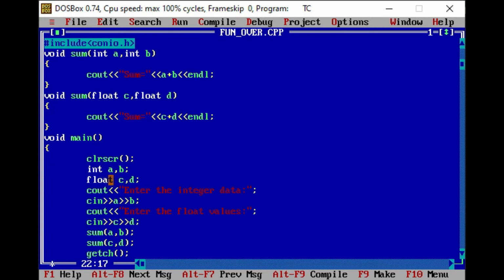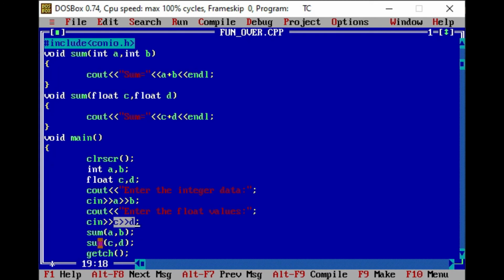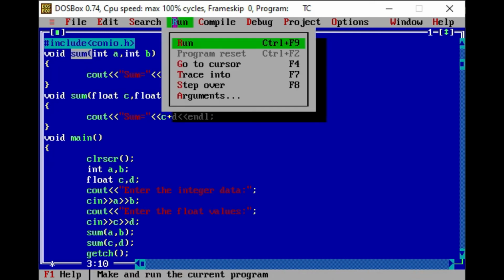First of all we will enter two integer data, then we will enter two floating point data, then we will call the functions. First the function having integer arguments, and after that the function having floating point arguments. In both functions we have seen that the function name is the same, but the type of arguments that we are passing are different. Now let's see by running the code.